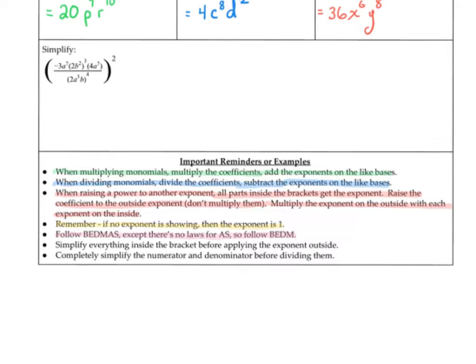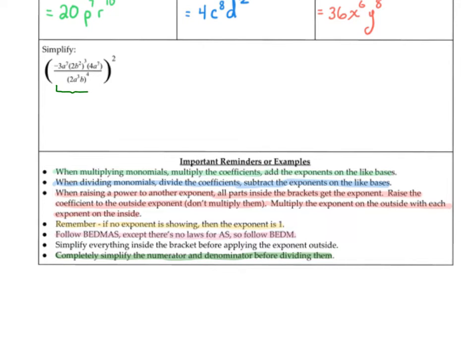Simplify what's inside the bracket first, then deal with anything that has an exponent, then multiplication and division in the order you see it. But the important thing is, with the multiplication and division, you have to completely simplify the numerator and denominator before dividing them. So the numerator will have all multiplication, the denominator will have all multiplication, and then you simplify the two of them. So the first thing that we have to do is to